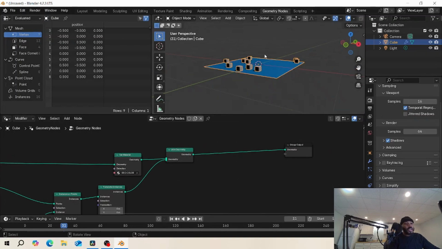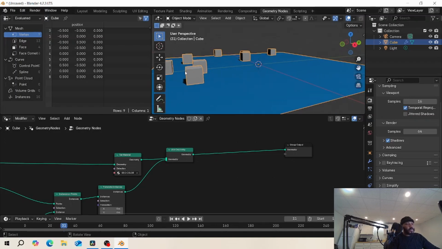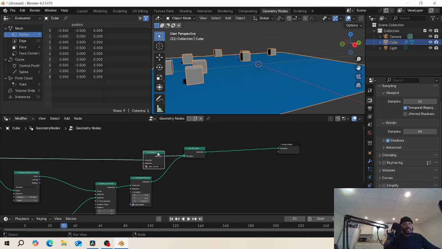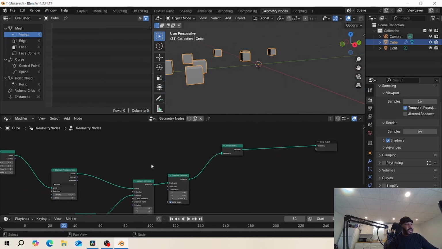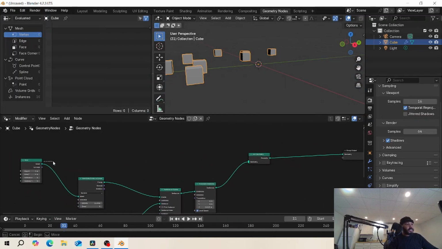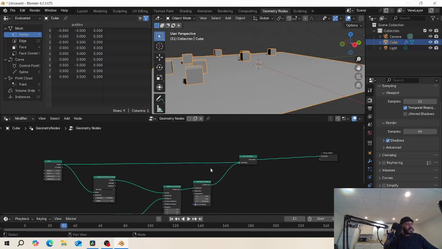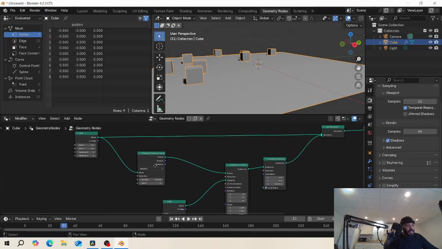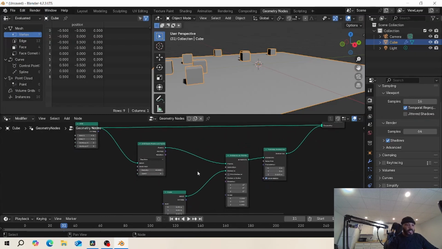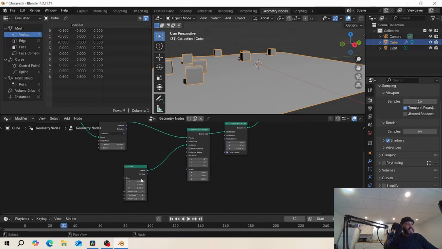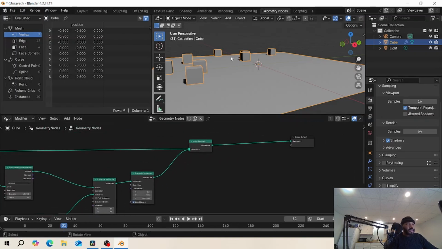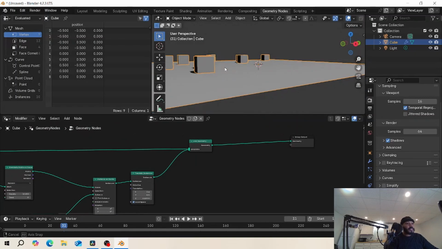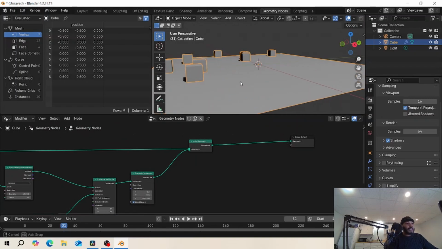What if I wanted to only have the cube colored? All right? This is what we'll do. We walk it back. This one has a little bit more steps, so you'll still be able to get it though. So ready? We got the grid that's going to the distribute on points. That's going into the instances. That's allowing the cube to be there. And then that's just the translate, okay? So the cube,